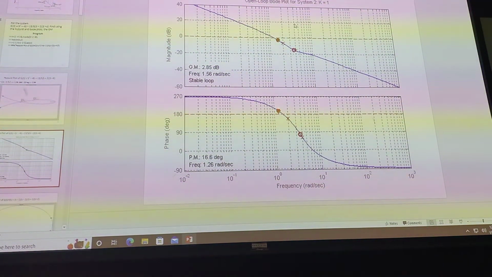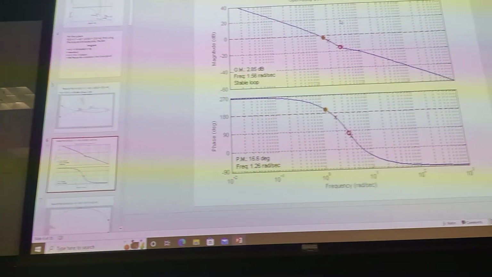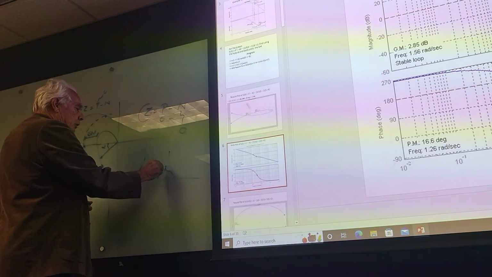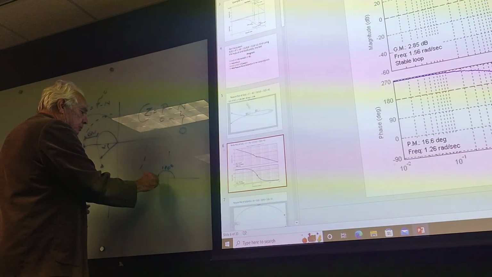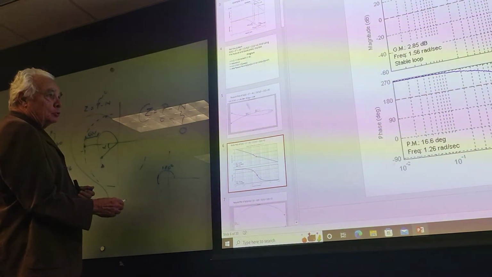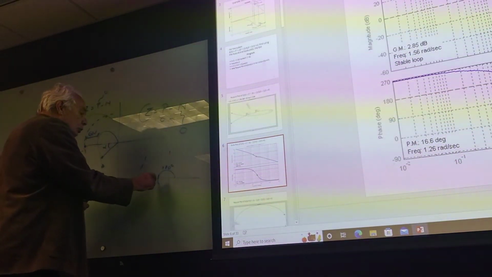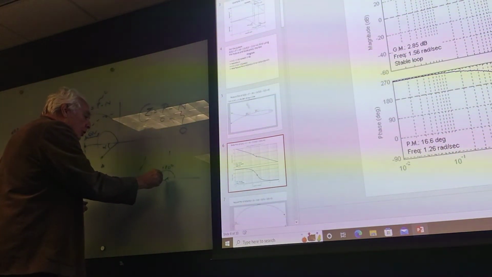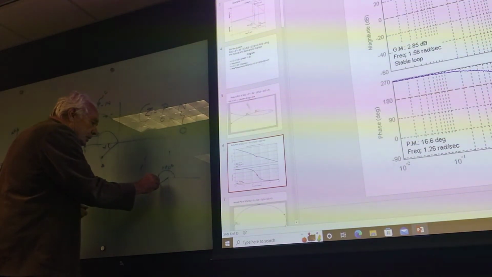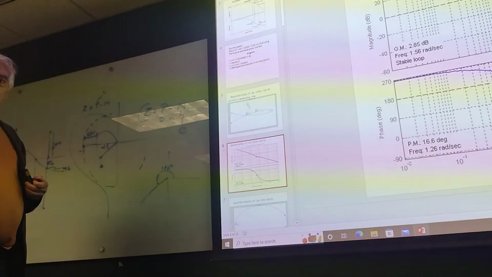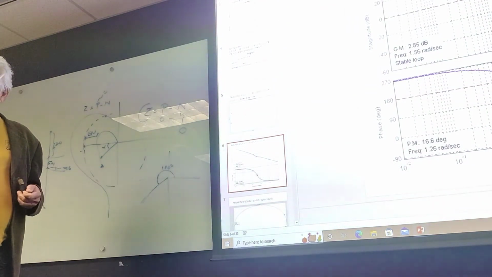The angle is -180, this will be plus 180, and this is, let's say, 200, 202, 203, 207. So in this case, the phasor is in the proper place, but indicated not the way we